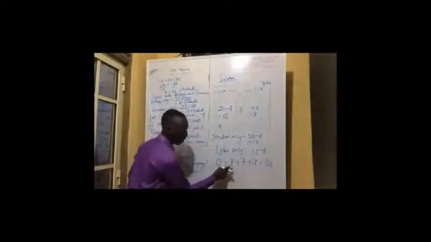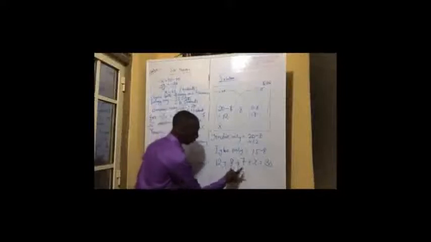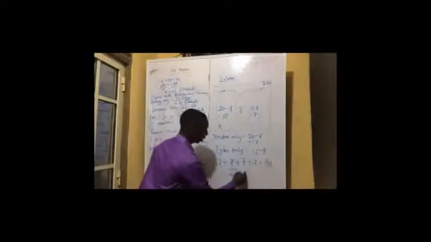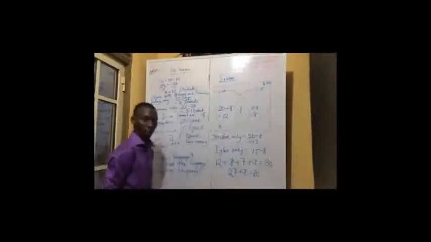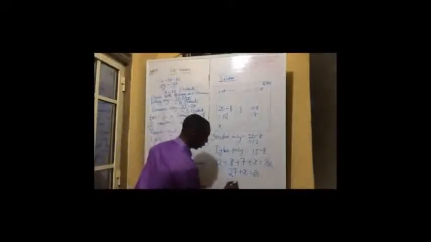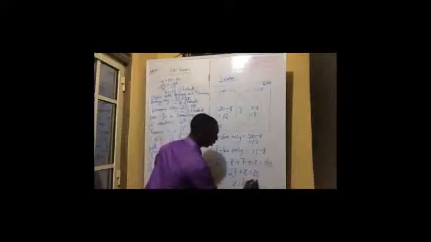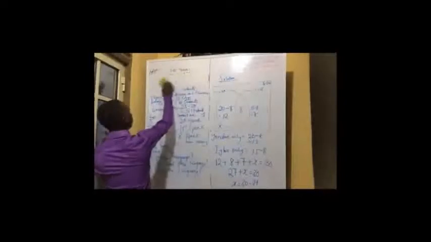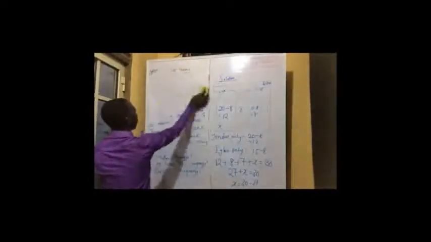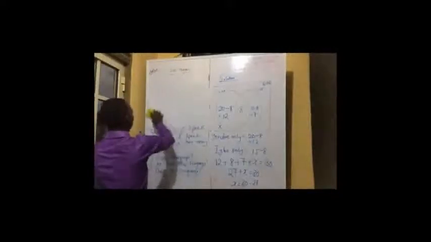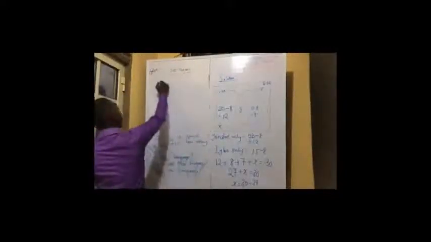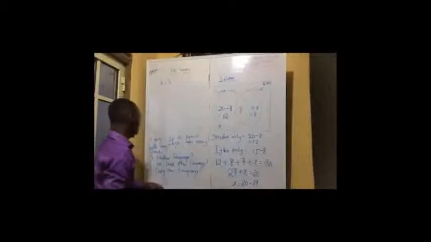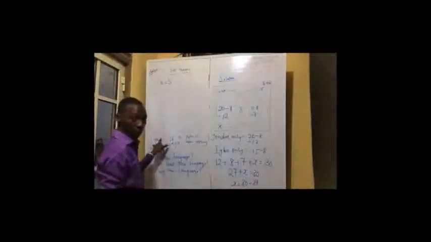So that will be 12 plus 8. That gives you 20. Plus 7, you have 27. I hope that is clear. Plus X is equal to 30. So I would have X to be equal to 30 minus 27. So my X is going to be 3, isn't it? So 3 people do not speak both Yoruba and Igbo.